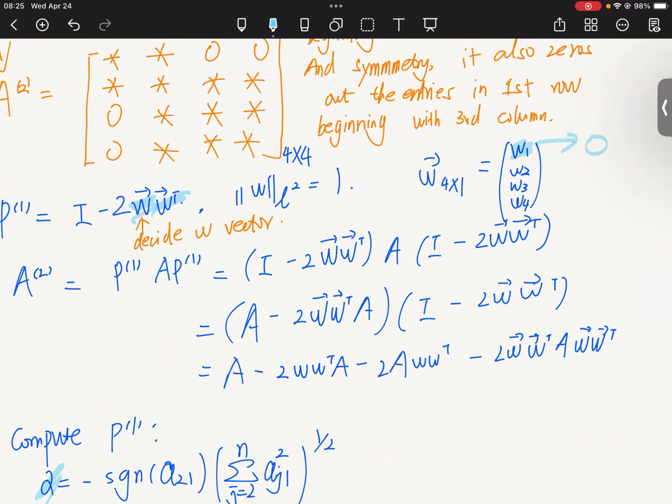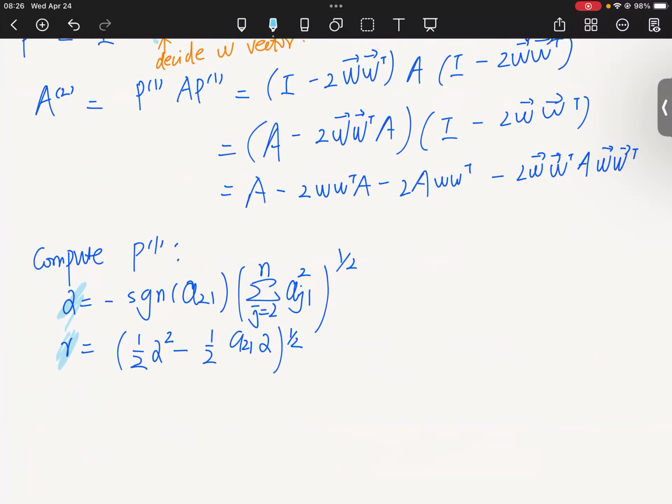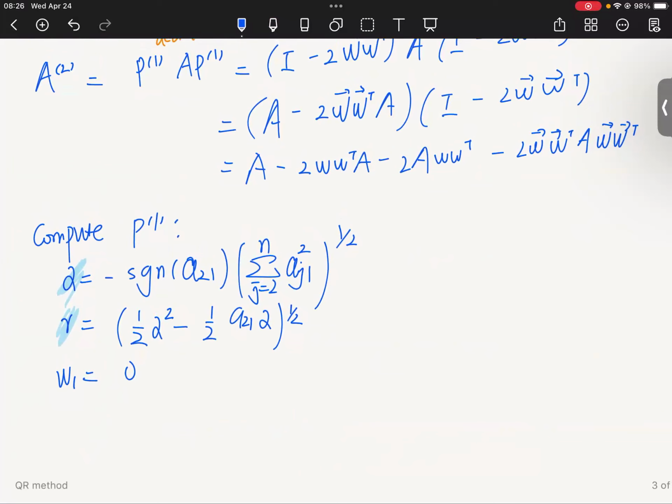I know that there's a lot of confusion here, because from the detailed analysis we skip a very big part, and it takes like an hour to get the calculations there. But I tell you the algorithm: if we want to get this 0 out, we need to put W1 to 0. And then W2, W3, and W4 are decided by a formula. So first, W1 equals 0. And then let's decide W2, which is A21 minus